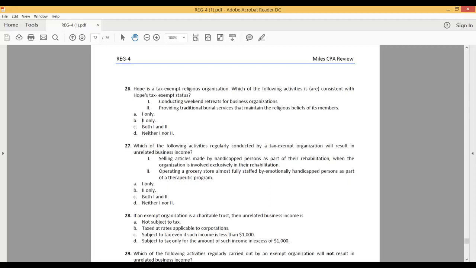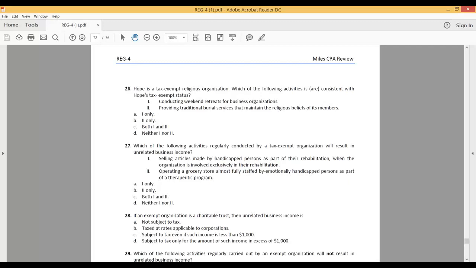Which of these will result in UBI? Neither. D. One nor 2. D, exactly. D, you're right. Both of you are right, right? Both of the activities are part of the tax exempt nature. It's not UBI. Now, if an exempt organization is a charitable trust, then UBI is